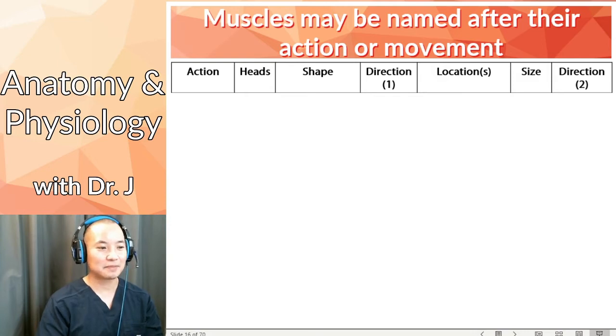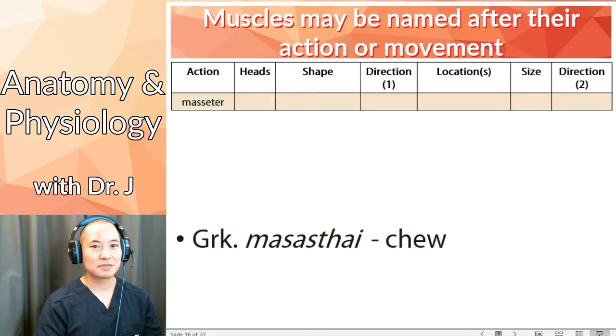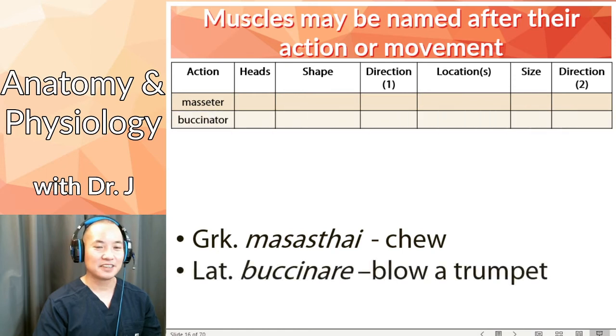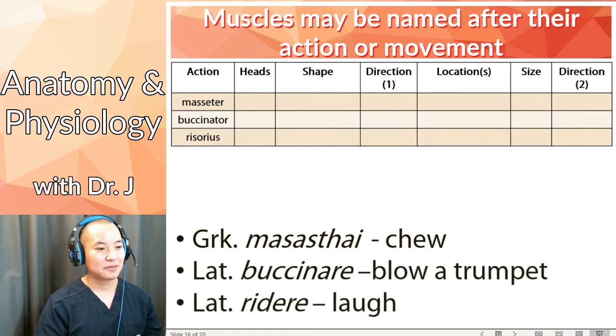So we had 3 examples there. The masseter comes from a Greek verb meaning to chew. Buccinator comes from a Latin word meaning to blow a trumpet. And risorius comes from a Latin word meaning to laugh, even though that looks like a very fake smile, right? So this is what I mean by